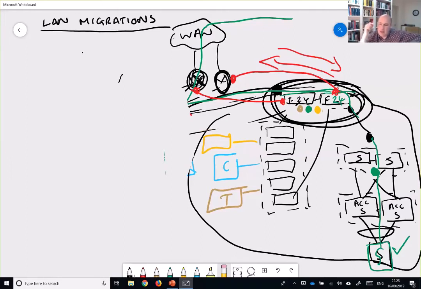Because if you were to just walk in there and cut everything over, change all the physicals around and repatch everything and then move all the layer 3 and all the rest of it in one go, if something goes wrong, try unpicking it. Try going back and working out where that's gone wrong, because you can't. It's too much change in one go.